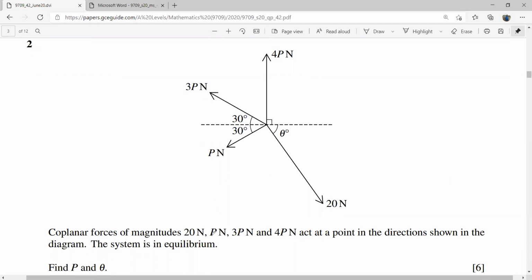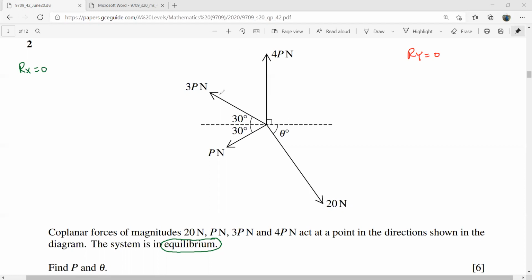This is the key word that you have to pick, that all these forces are in equilibrium. So that means if you find Rx, that will be equal to 0. If you find Ry, that will be equal to 0. And clearly you will have two equations. You will solve them simultaneously and then you will be able to get the required values of P and